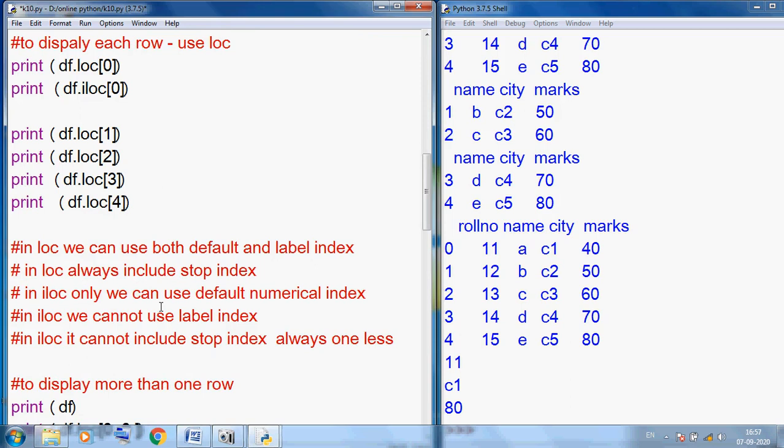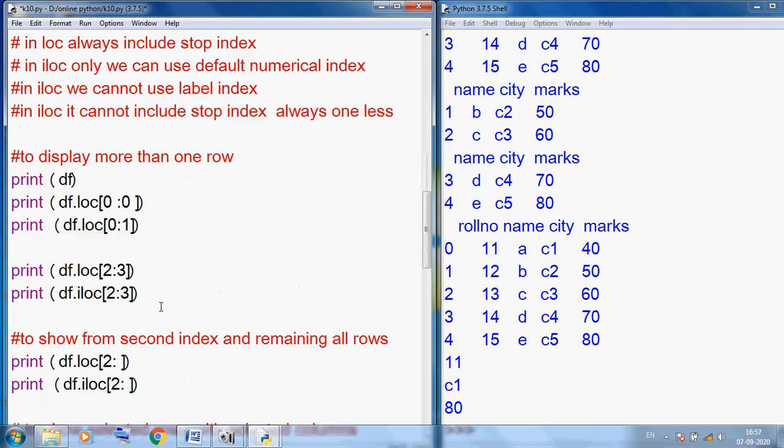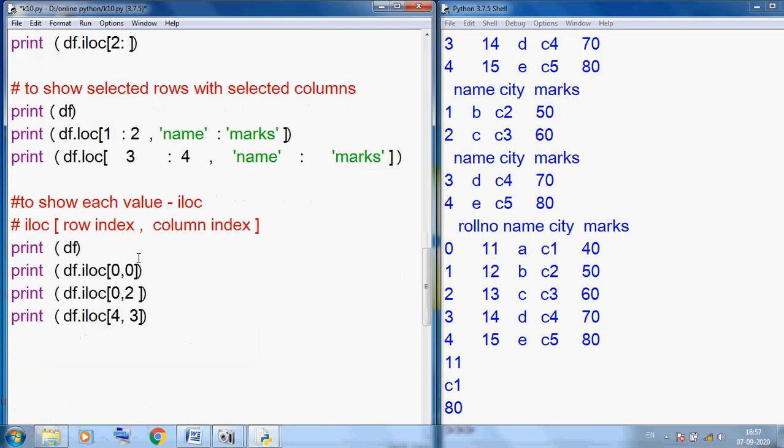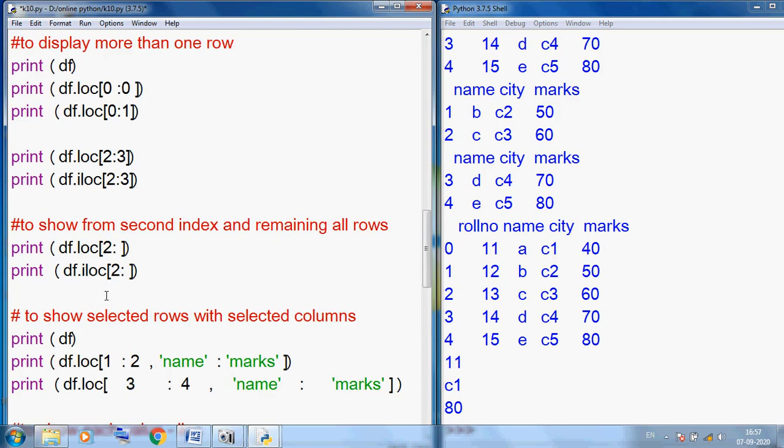You can see the difference. I have already discussed how to access multiple rows with selected columns, how to extract a subset, and how to access an individual single value using iloc. Hope you understand this concept. I think this example is very beneficial to understand this topic.